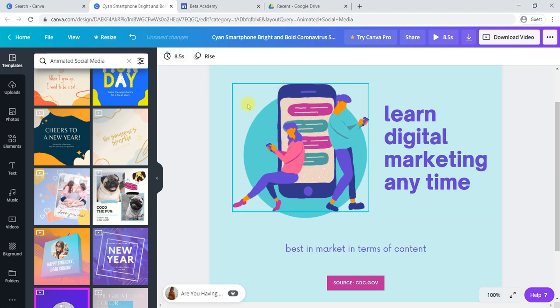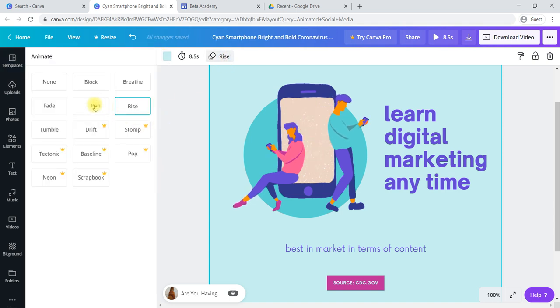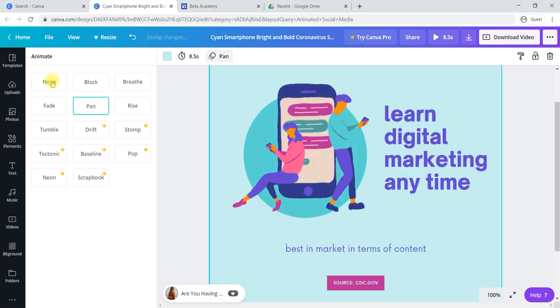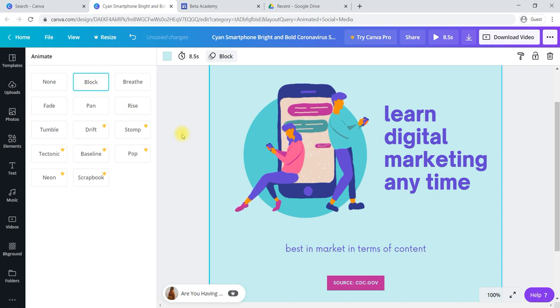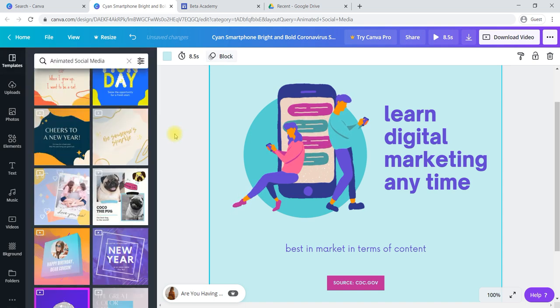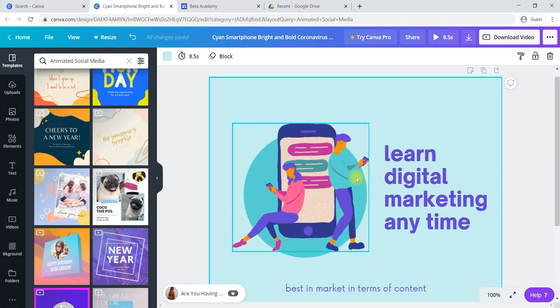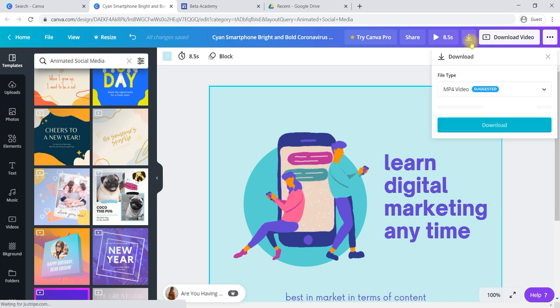The background color also you can change by using this one. You can change how your entire thing should be centered. Like this you can select the animation by selecting this one. Once you are done, you can download this one.